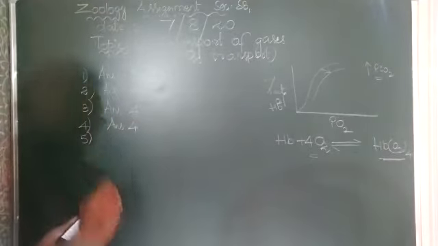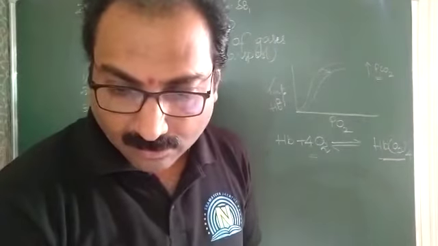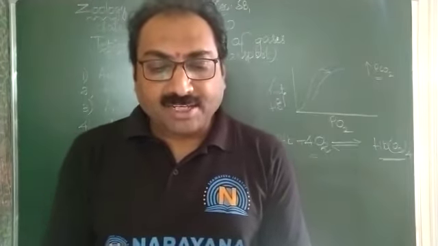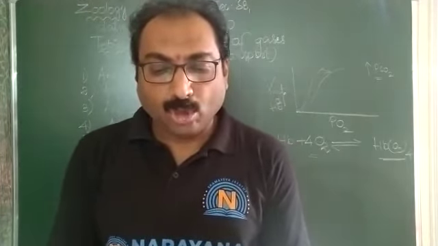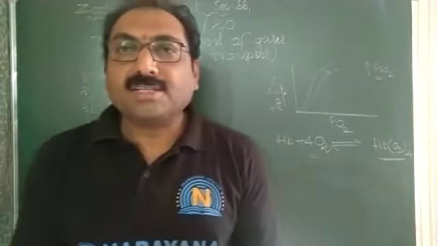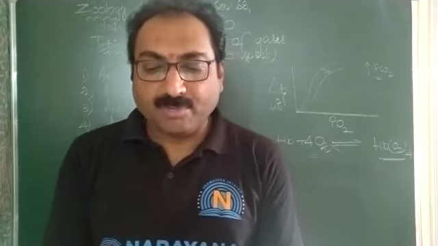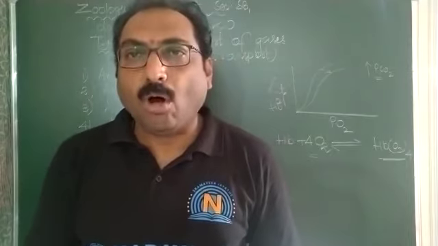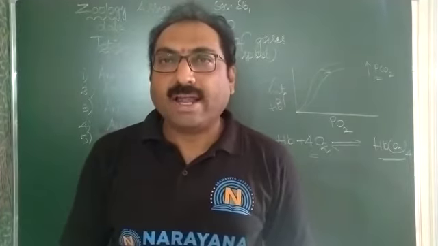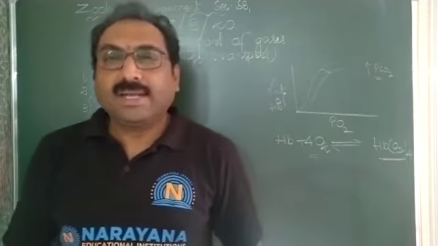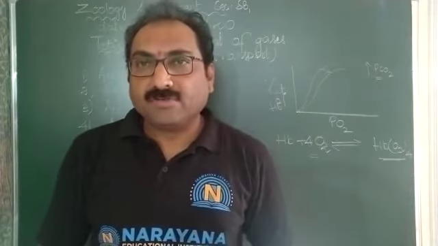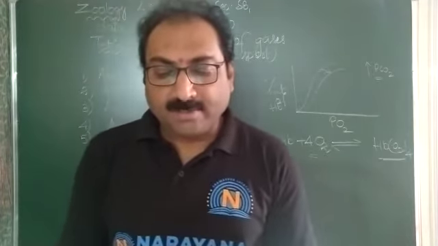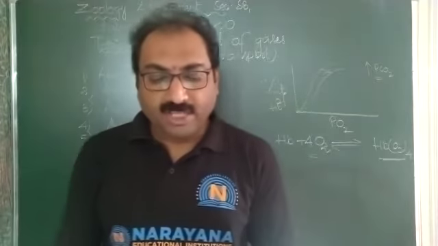Next, fifth question. In the tissue, the factors favorable for the dissociation of oxygen from hemoglobin are, the same ones we discussed earlier. At the tissue surface there will be low oxygen partial pressure, high carbon dioxide partial pressure, higher temperature, more 2,3-diphosphoglycerate, and more acidic nature. These are the factors responsible for the dissociation of oxygen from oxyhemoglobin at the tissue level.